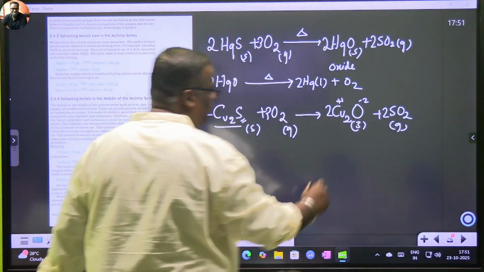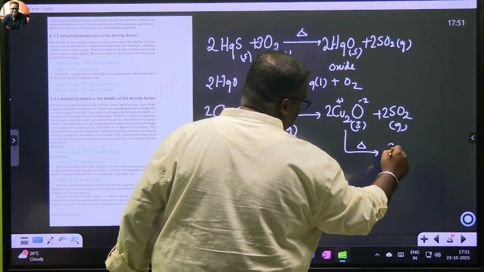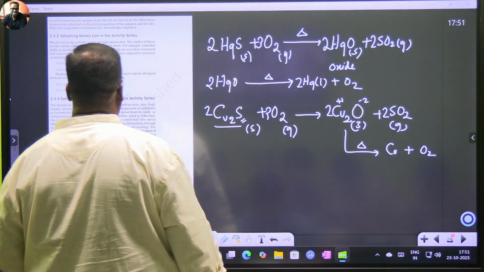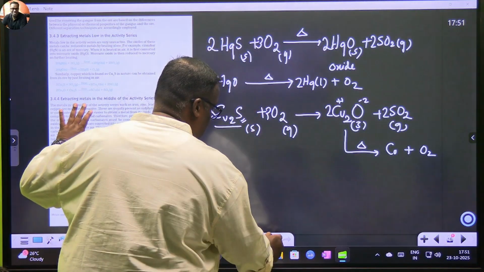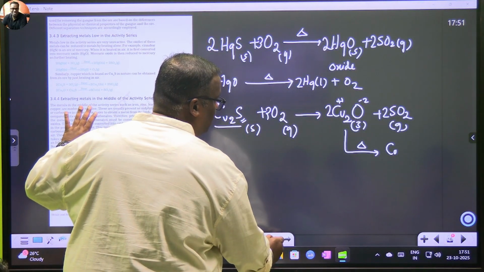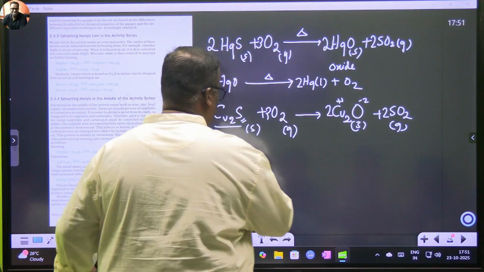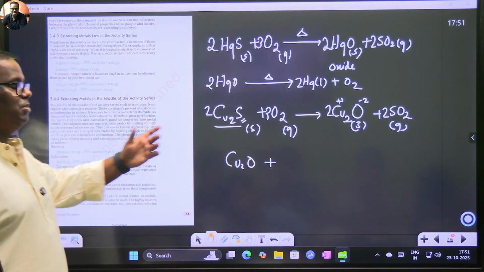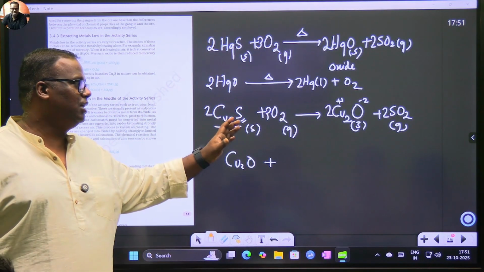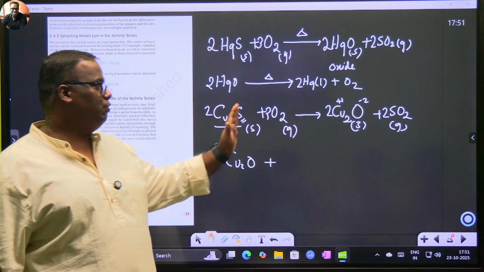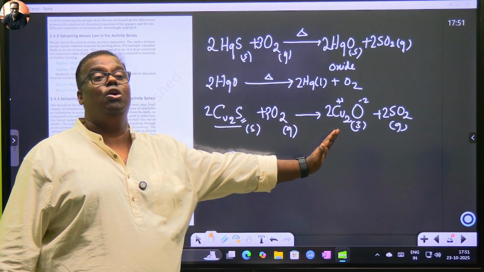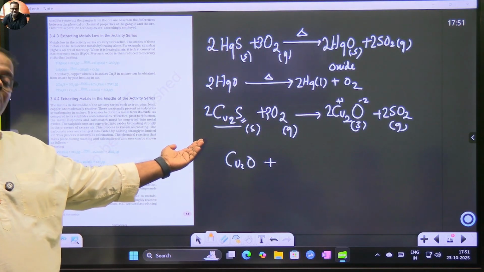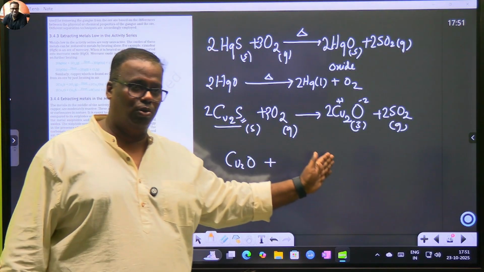And further what will I do? I will heat this. इसको heat करते ही copper बाहर आ जाएगा and O2. Oh, sorry. Not heat. One minute. Here there's a change. Cu2O. This reaction in your syllabus, I just missed it, बड़ा आधा करके मतलब short में बताया है. After 50% formation of copper 1 oxide, the copper oxide then further reacts with copper sulfide, which was there, and then will give you copper and sulfur dioxide.